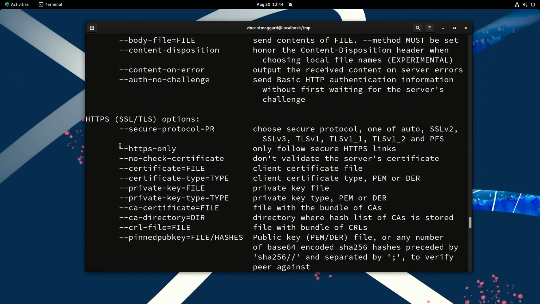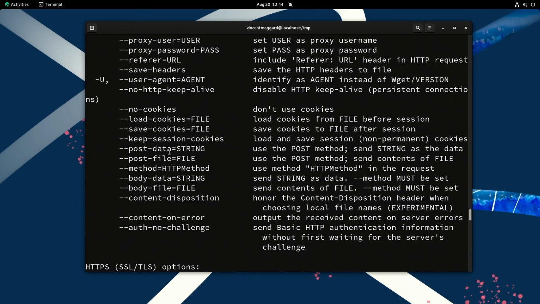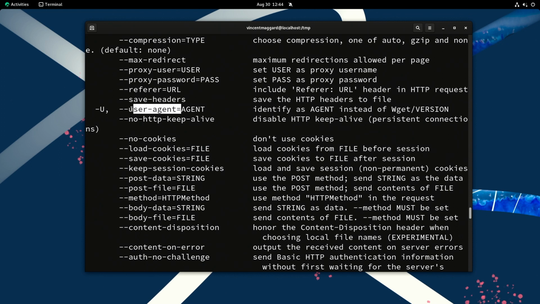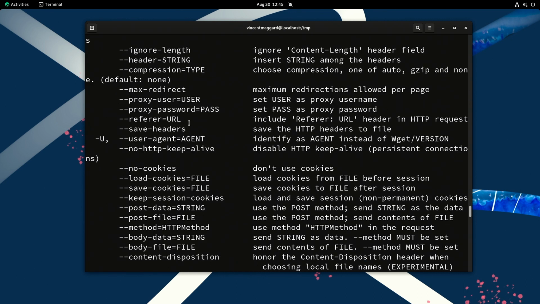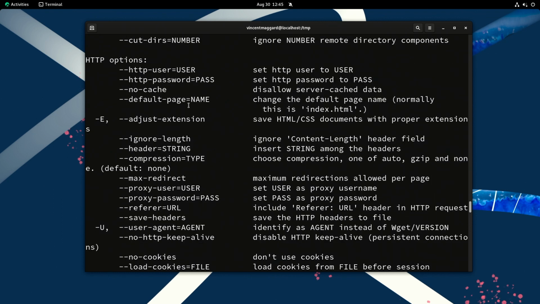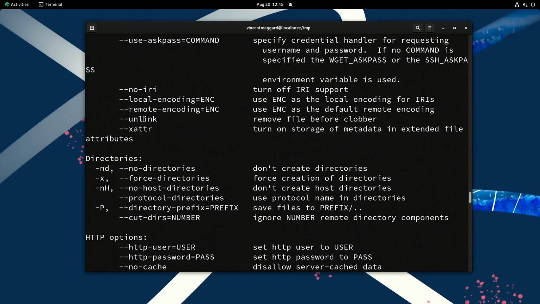We can say HTTPS only, so the connection has to be encrypted to the web server if you need to be really good on the security. We can specify a user agent, so that if we wanted, in the logs of the web server we're pulling from, we could log the user agent, as a lot of sites in theory could do. I believe the default on Nginx is to log the user agent, if I remember right. We can also save the headers we get from the server to a file, set a referrer URL, and set our own headers. So again, this is really capable if you know how to do some interesting stuff.